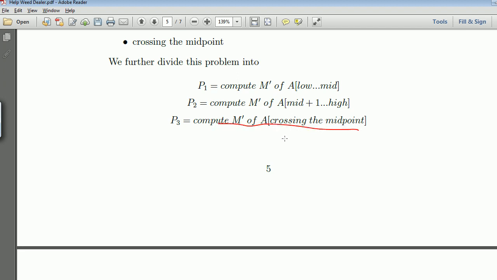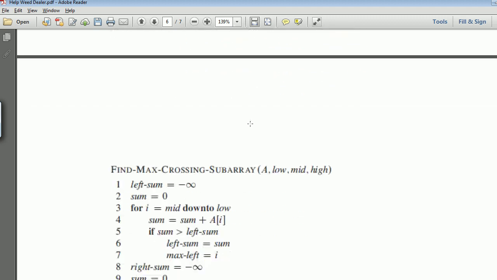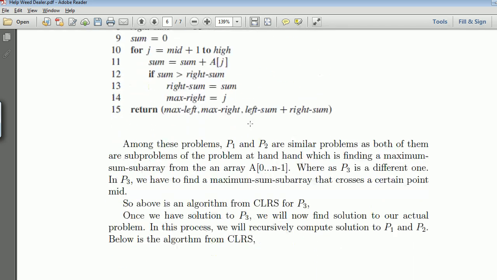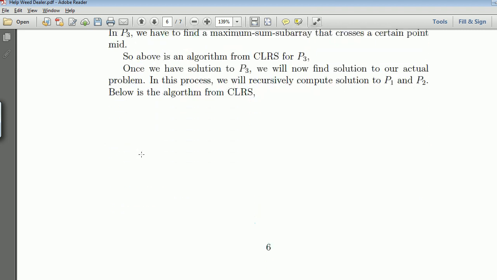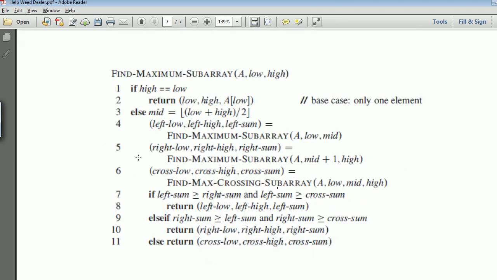And why did we choose to solve this problem? Because this problem was not a subproblem of the original problem at hand. So we have solved this, and if you look at the final algorithm,